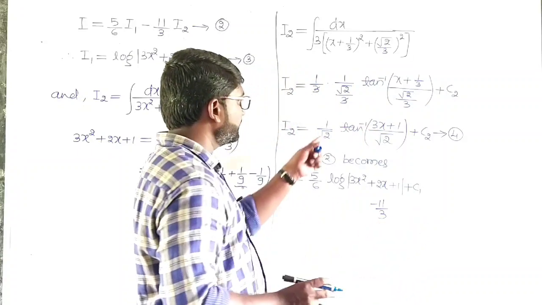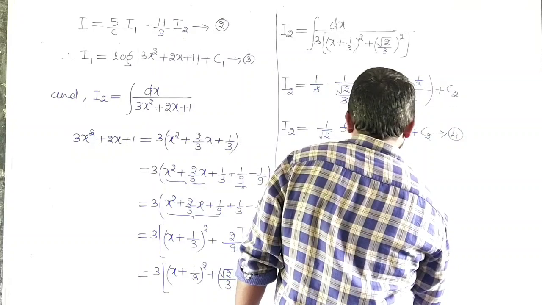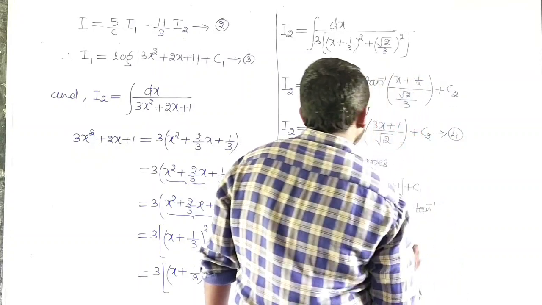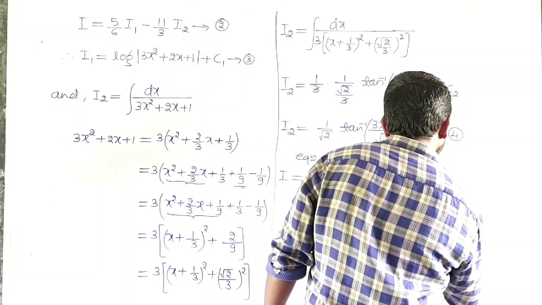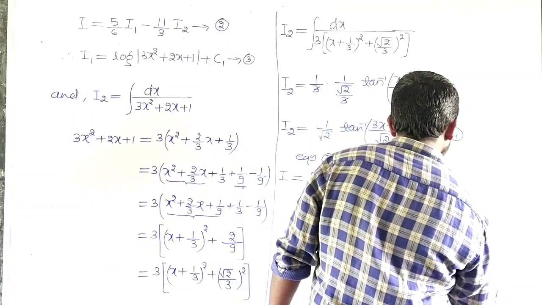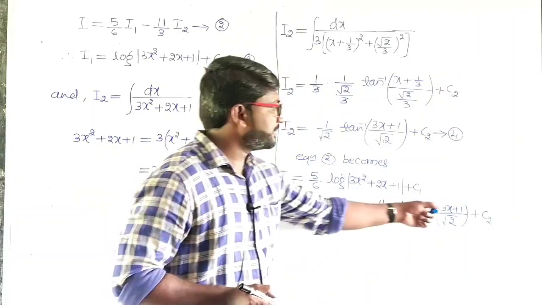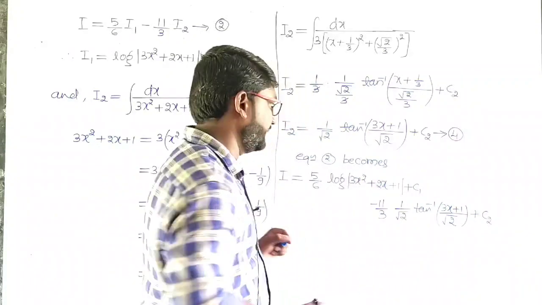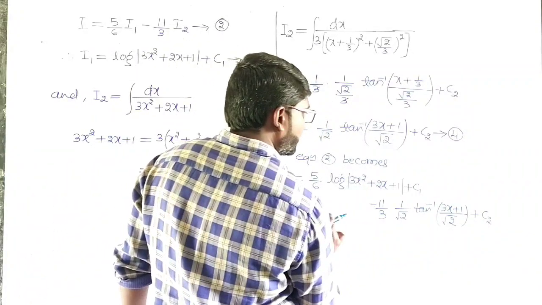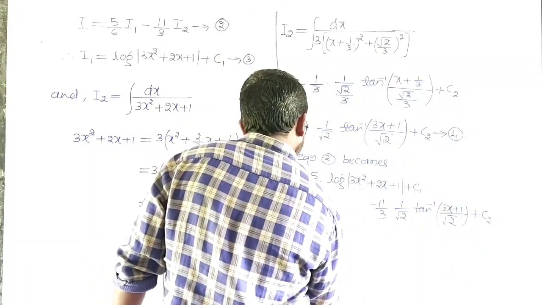What is I2? It is this term, into 1 by root 2 tan inverse 3x plus 1 divided by root 2 plus c2. In the next step, c1 plus c2 can be written as c. So see here, minus 11 by 3. Okay, then I which is equals to 5 by 6